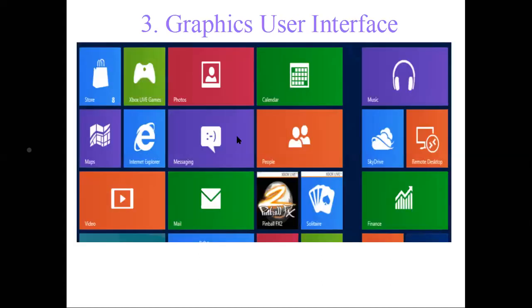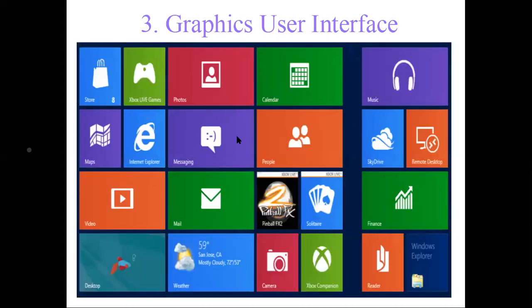Okay, and these are some of the examples of the graphical user interface. So this is for storing, the bag is shown for storing, this mail envelope is shown and it represents the mail, like this is messaging, these are people, calendar, photos, or music. So these are symbols that represent the icons and which are created using this graphical user interface or the computer graphics.